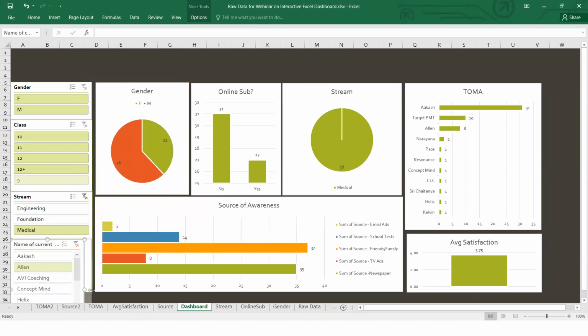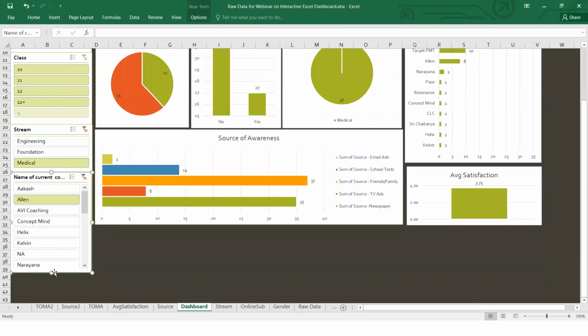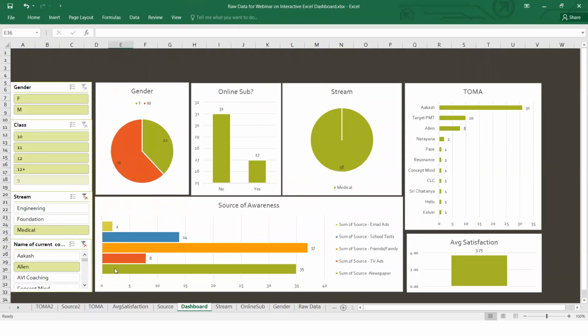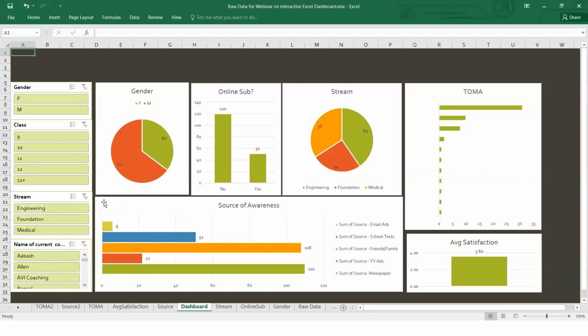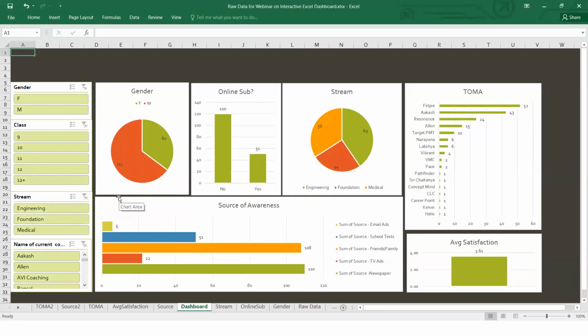This is how easy an Excel dashboard is to use, and this will really help you out while presenting your data findings to the management team, and they really like these fancy things. Okay, Mohit, there are some questions here in the chat box. There are 2-3 questions which we should answer.